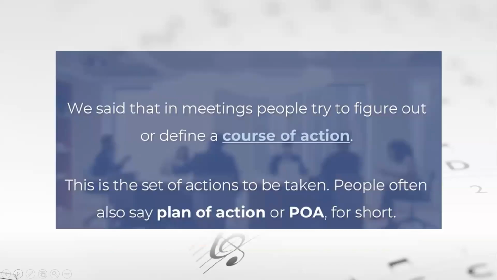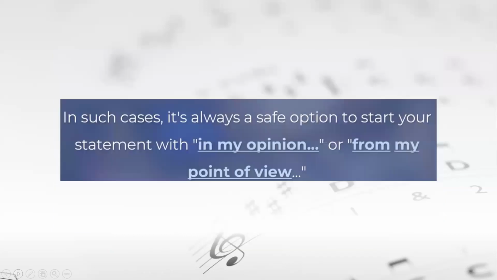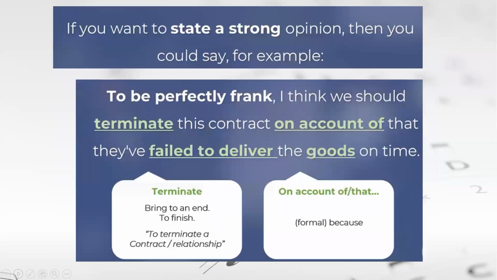We said that in meetings, people try to figure out or define a course of action. This is a set of actions to be taken. People often also say plan of action, or POA for short. In such cases, it's always a safe option to start your statement with "in my opinion" or "from a point of view." If you want to say a strong opinion, you could say, for example, "to be perfectly frank, I